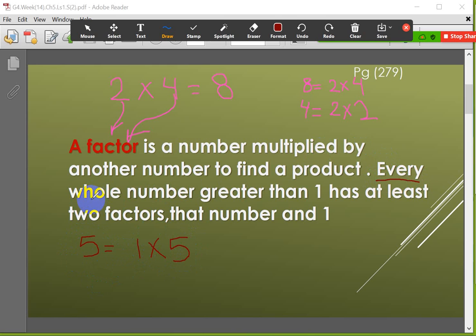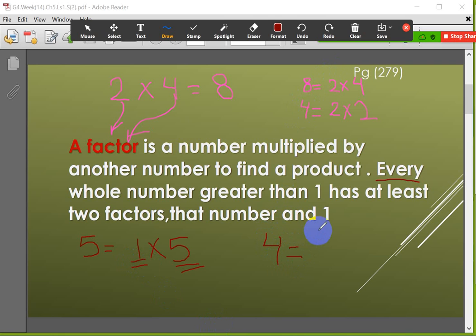Every whole number like 5, greater than 1, any number, has at least 2 factors: that number and 1. That means any number has at least 2 factors, the same number and 1. Okay? Also, if I take 4, the factors for 4, I told you, are the two numbers that if I